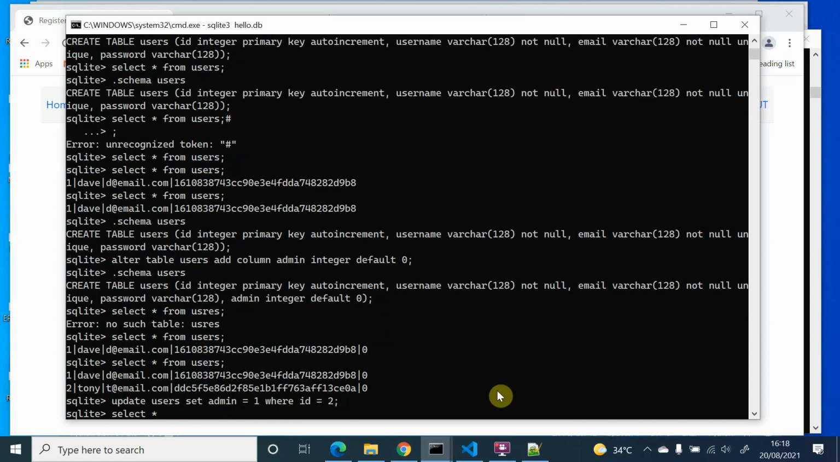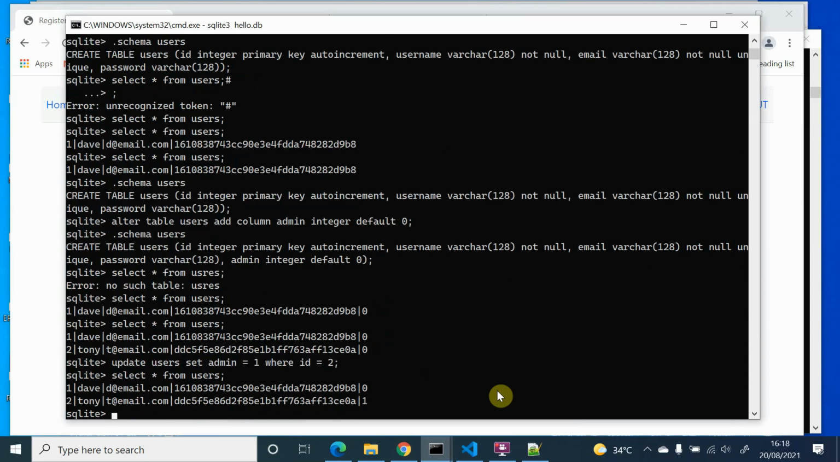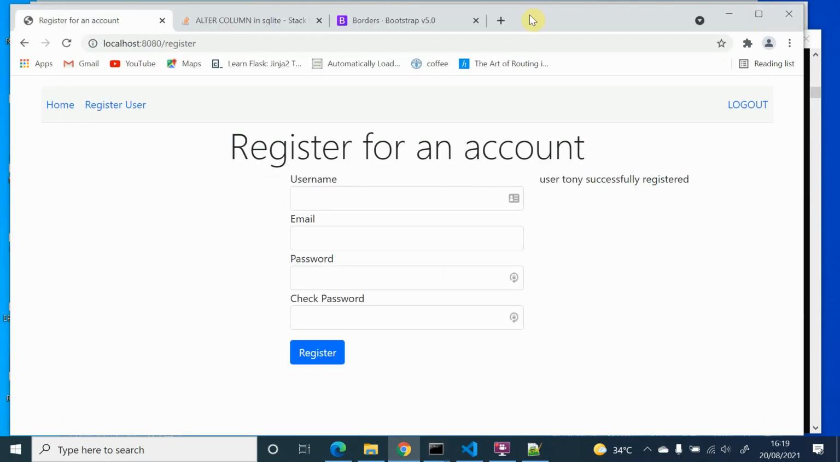Select from users. And I've created one admin. Generally, you'd want to give the administrator a good user interface to do admin work, but that's a quick and dirty way to do it. Let's see if we can go back to login